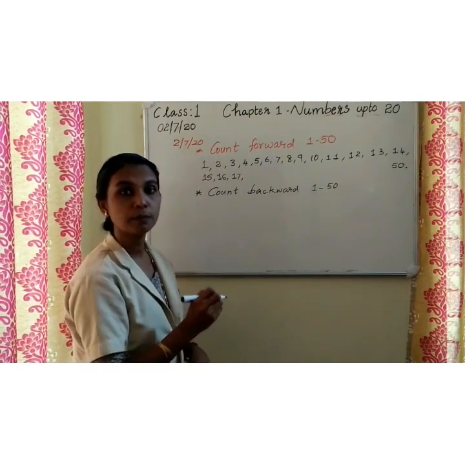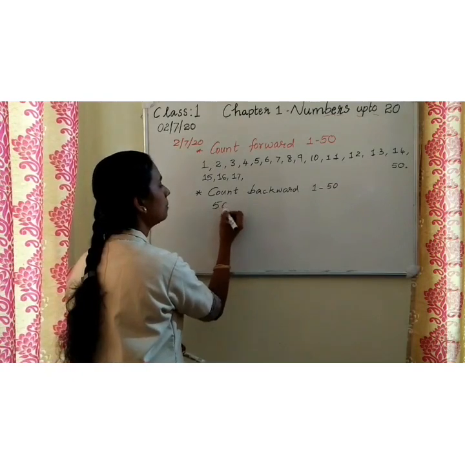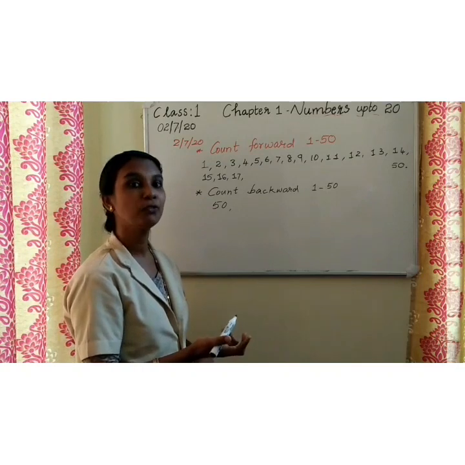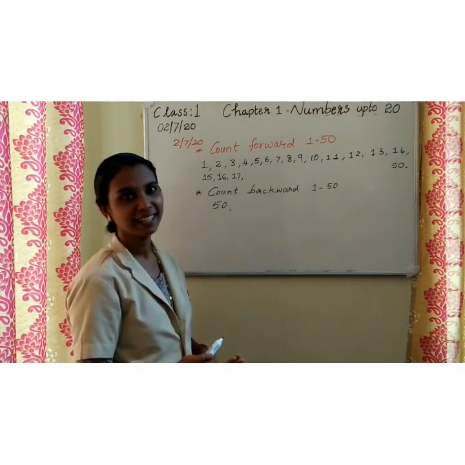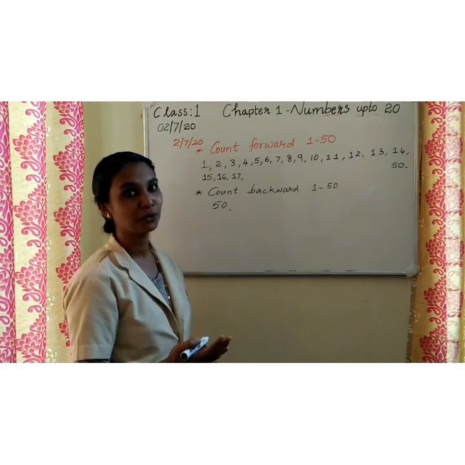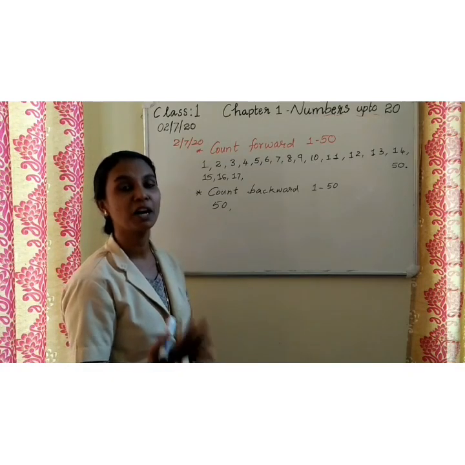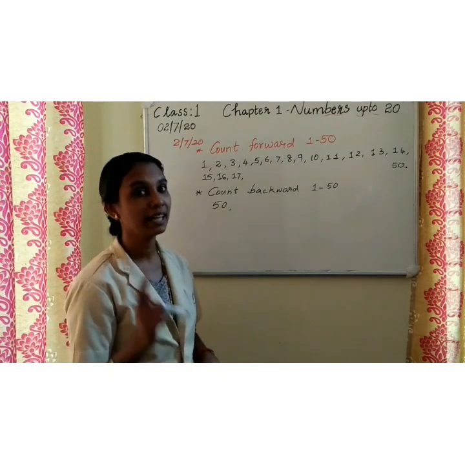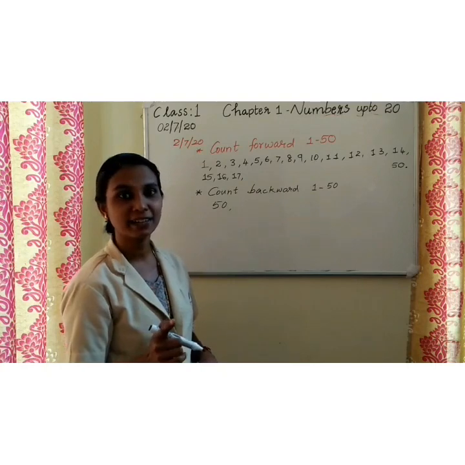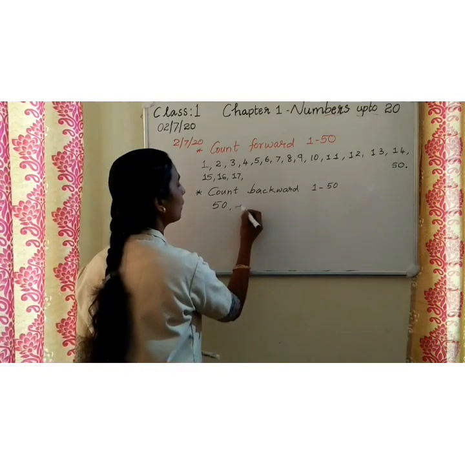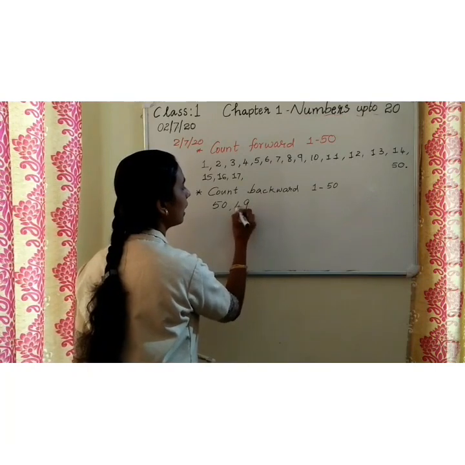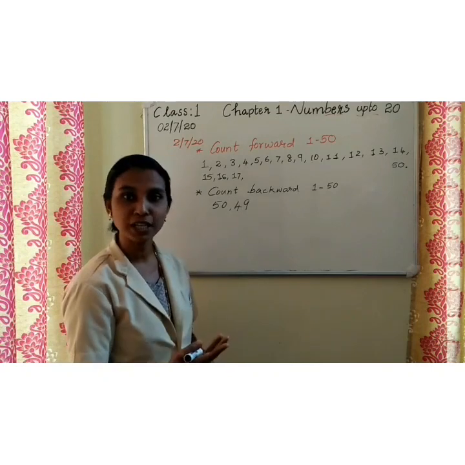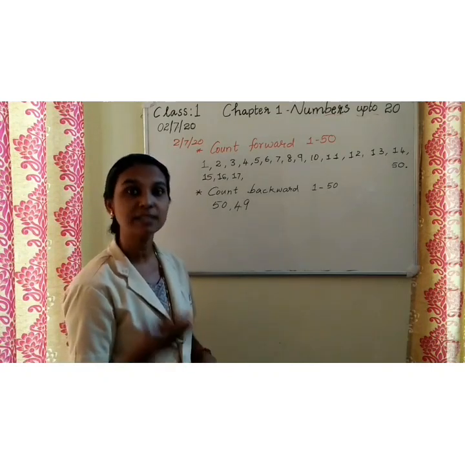Okay. You start from 50. What comes before 50? Yes. So you have to practice more numbers 1 to 50. What comes before 50? Say it is 49. It is 49. Okay. At this time, you keep in mind what comes after 49. It is 50. So the number before 50 is 49.